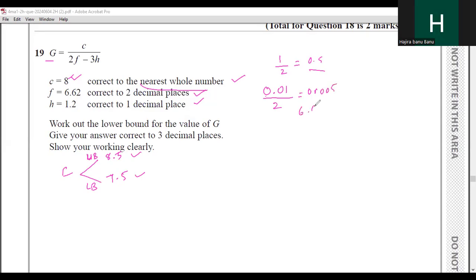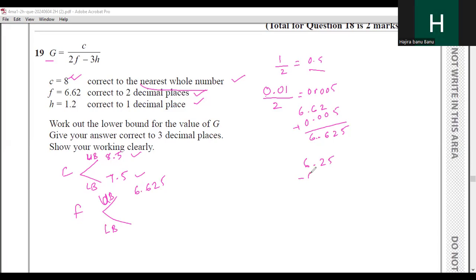So 6.62 plus 0.005, my upper bound will be 6.625. So for the value of F, the upper bound is 6.625 and the lower bound will be